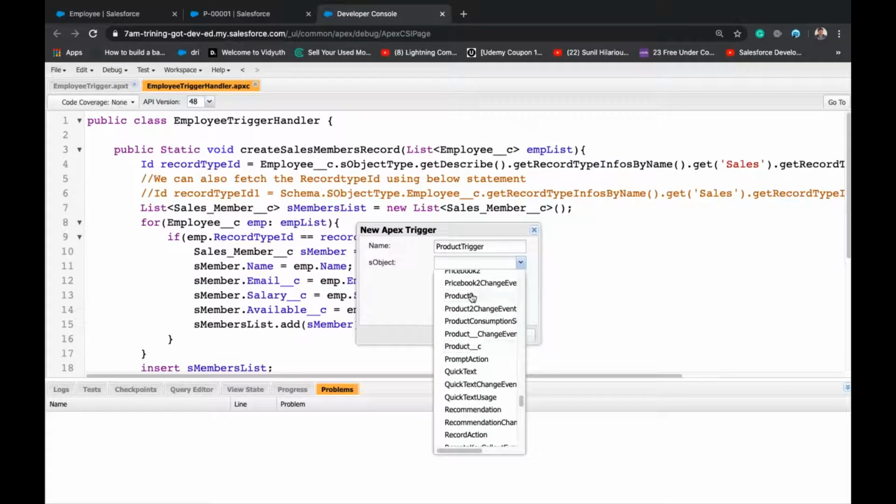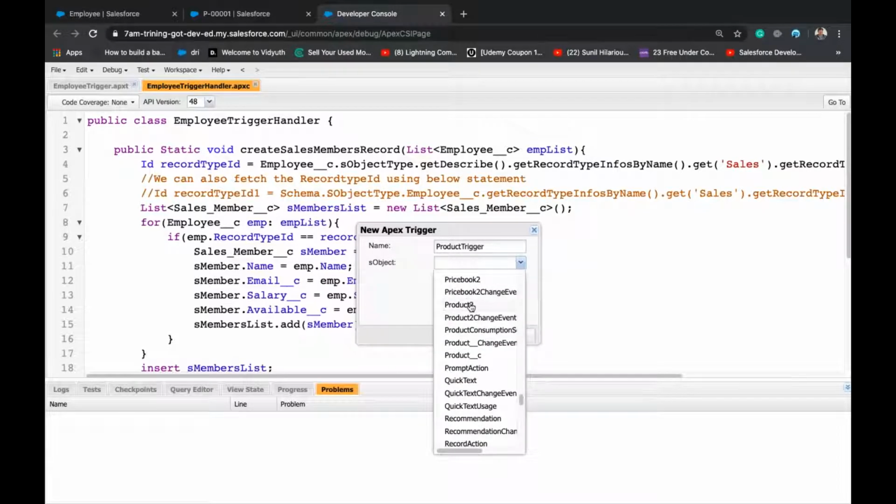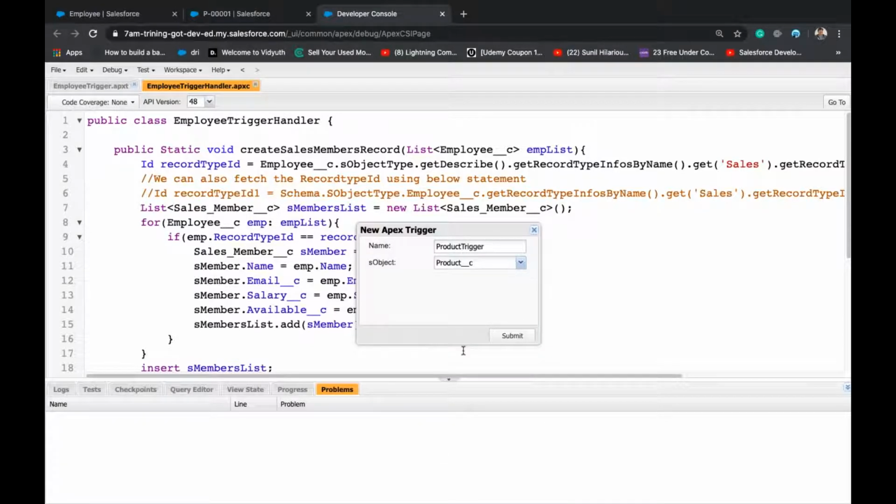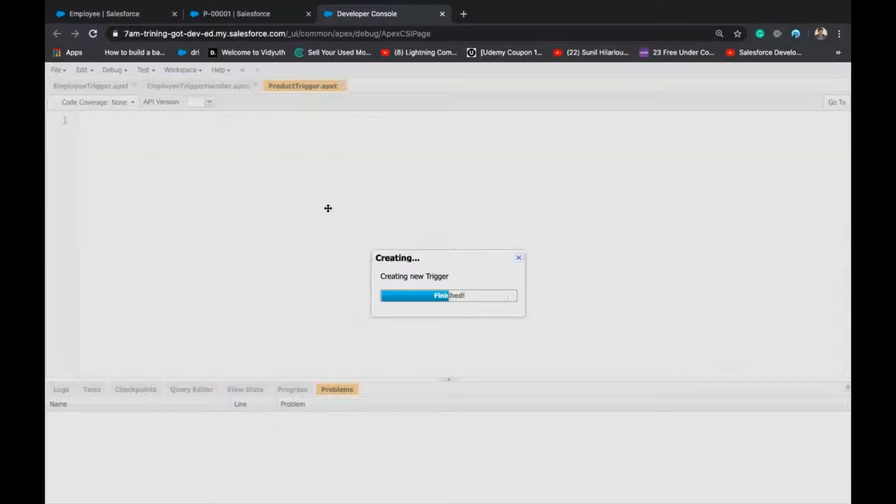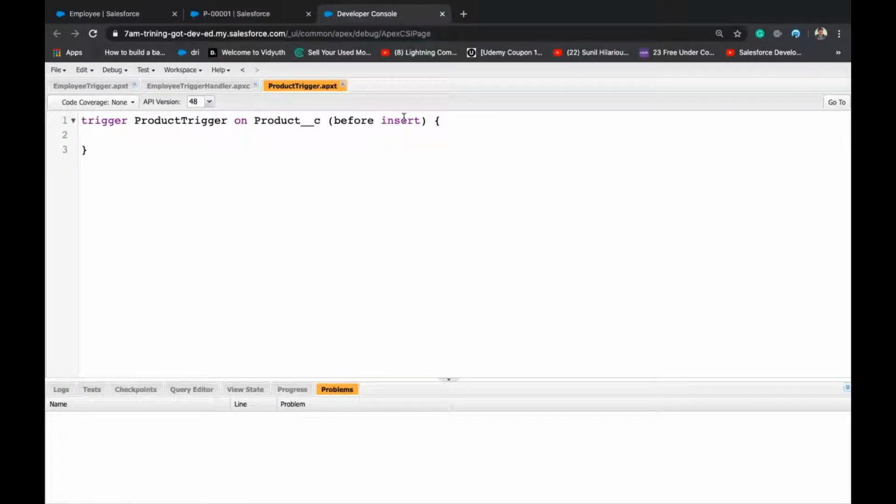Product2 is the standard object. Product underscore c is the object we create. So I want to create a trigger with the event delete.